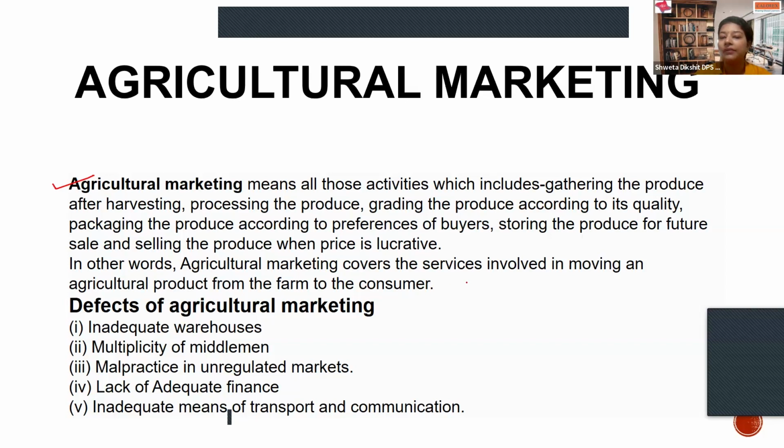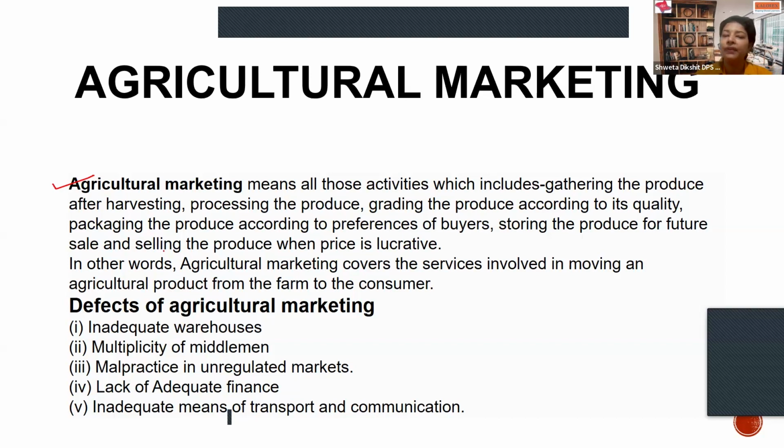So in short, I can say that agricultural marketing covers the services involved in moving an agricultural product from the farm to the consumer, including all these processes. There's one marker out of this term, that is distress sale. I repeat, distress sale. Being commerce students, you must be aware of this word. The distress sale is a procedure in which the producer is very much in a hurry to sell the product, and somehow they compromise with their benefits and profit, and they do not get the offers which are lucrative or profitable to them. So to avoid the distress sale in agriculture, agricultural marketing is very, very important.